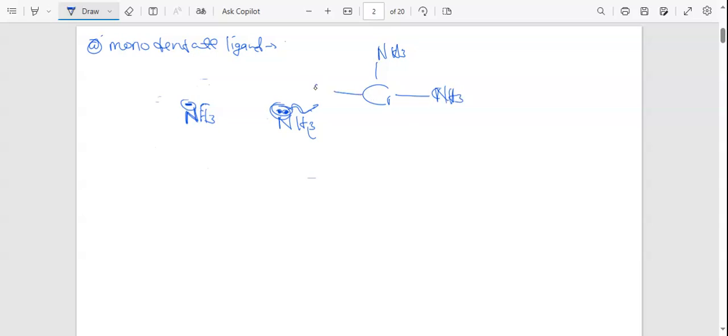So for tetrahedral, it will be just like that. Okay, so I'm even making a mistake. Nitrogen is the one which is supposed to be bound to the central atom. So it only uses one atom to actually make a bond with the central metal ion or just an atom, just like that. This is a tetrahedral shape, and this is what we mean when you say a monodentate ligand. So it uses only one donor atom to donate to the central atom as the bond